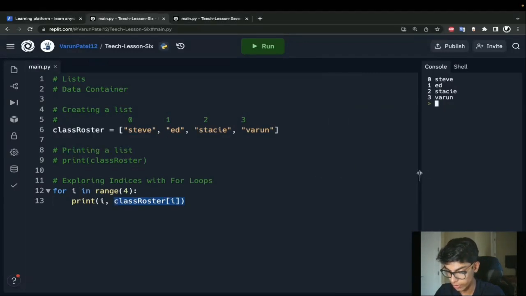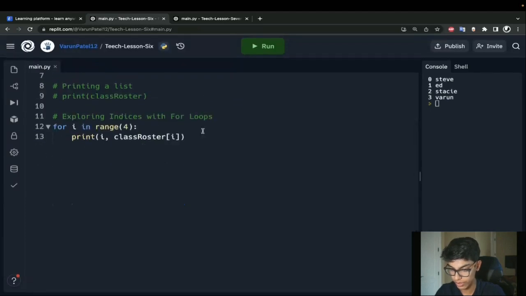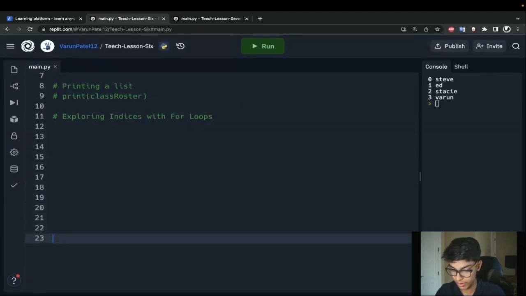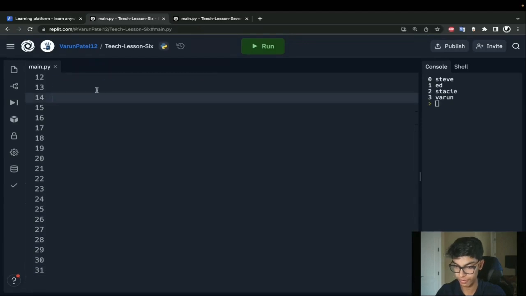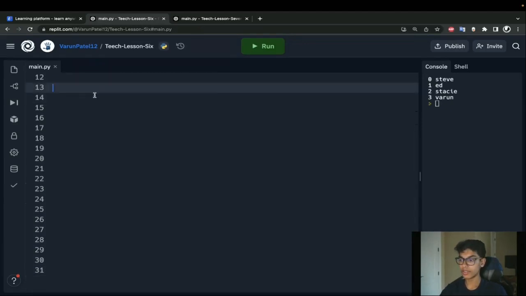So let's create another example. And I'm just going to comment this out. Let's create some extra space down here. Okay, perfect. Instead of using a student roster, let's create something different, like a grocery list, like I had mentioned earlier. So grocery list, what do you usually have in a grocery list? Well, you have fruits, might have ice cream, might have milk, might have cereal, you might have yogurt. I think that's how you spell it.